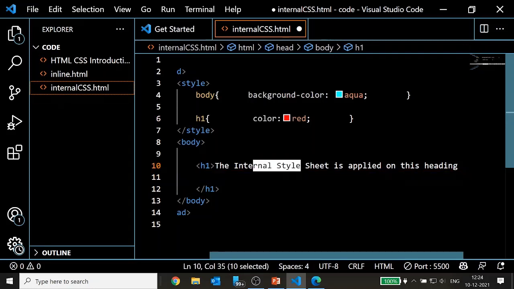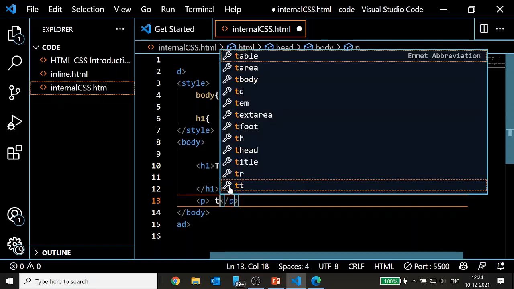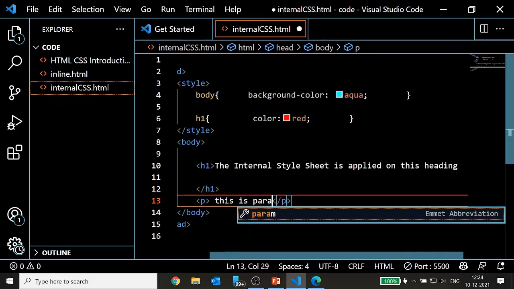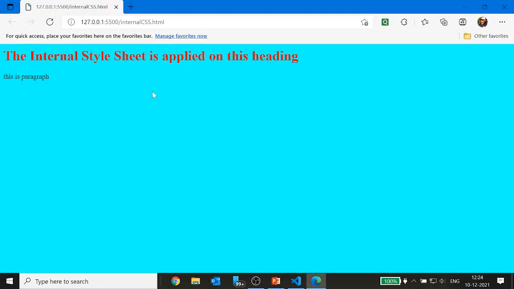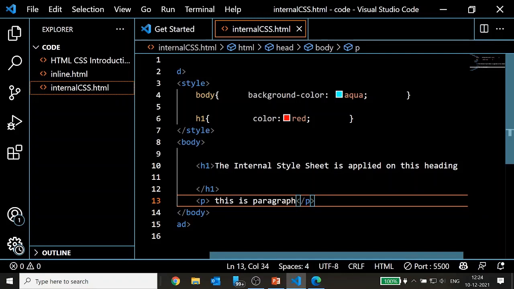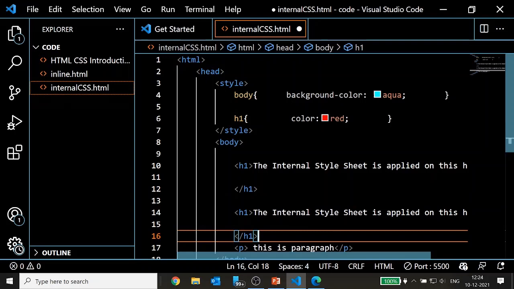The font will become fine. Now take a paragraph also. This is paragraph. Just check. You can take another heading, and what will happen, the format will apply automatically.